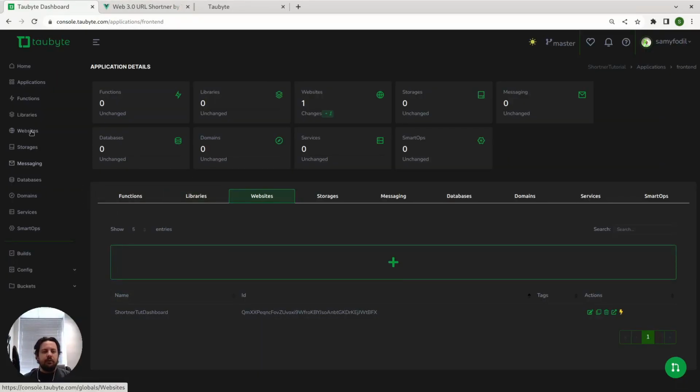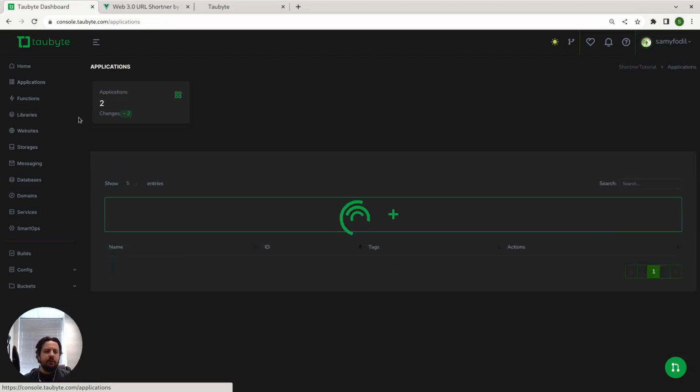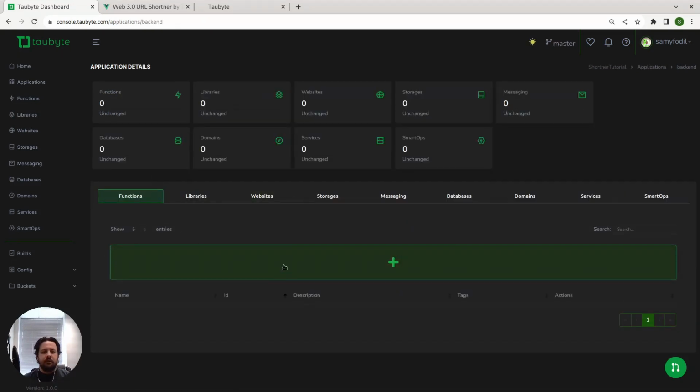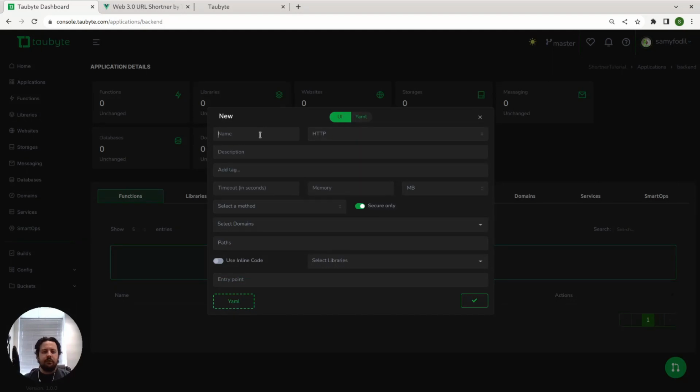All right, so let me go back to applications and go to the backend application. Now I'm gonna create two functions. One of them is shorten, that will shorten the URL. So here it's gonna be HTTP. There are more choices, but since this is a web app, we're gonna do HTTP and build a REST API here. Okay, so the method is going to be a POST,